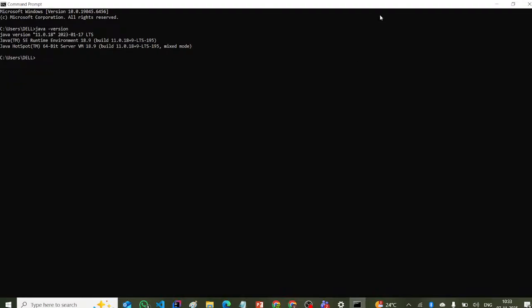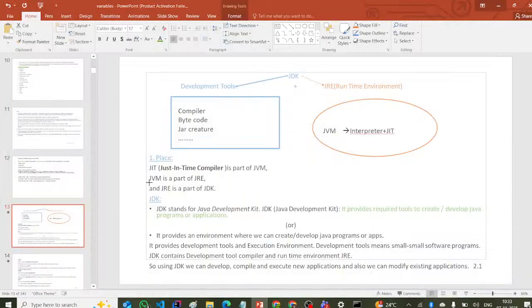It will give some data, like Java SE Runtime Environment and a 64-bit server VM. So it should come like this, then only it is properly installed. Understood? After that,